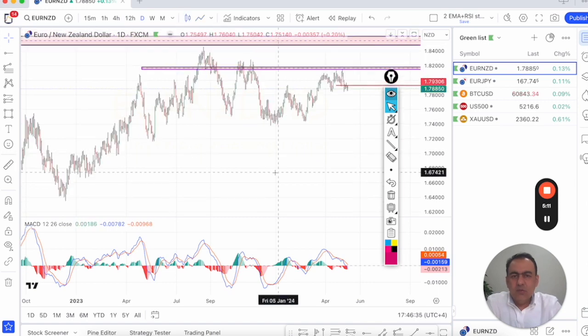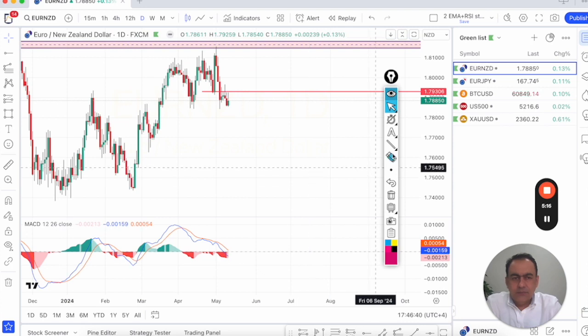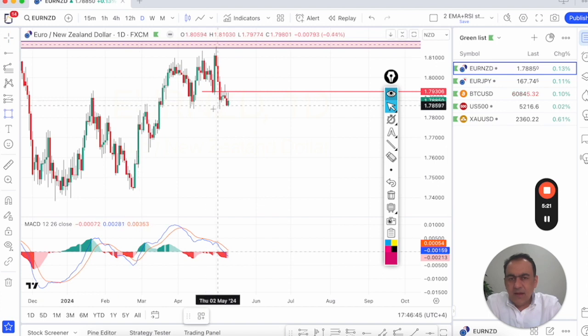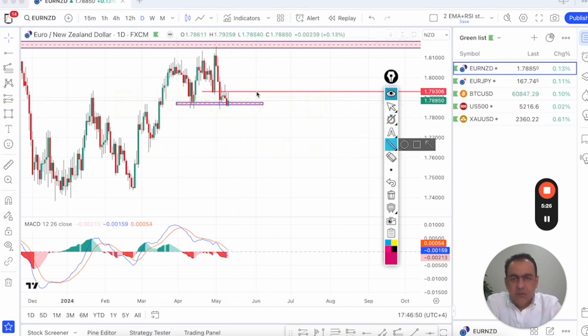I'll be switching to candles chart here and I'll be marking the next major area of support. So we have a support here right now. Currently we can see some temporary bounce. I'm saying temporary because we are right now at a major support level, and we can see that here we have a major area of resistance. I can expect some short-term bullish move and then continuation to the next lower level,